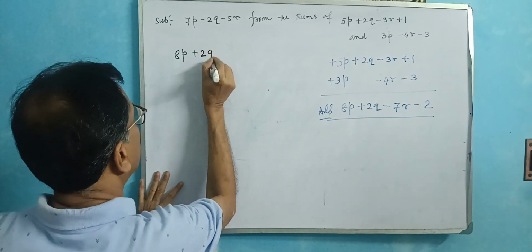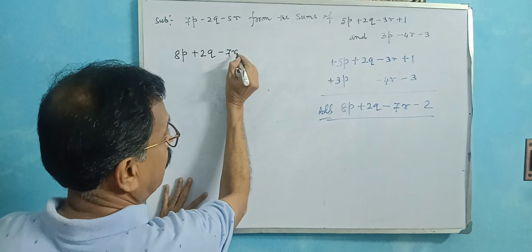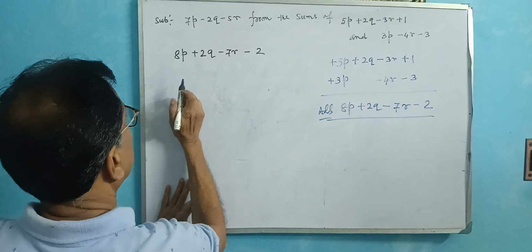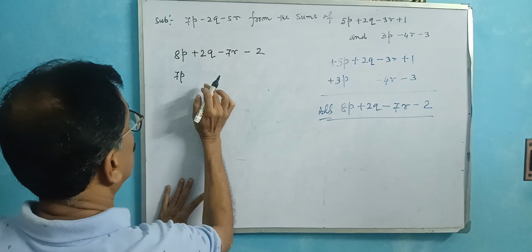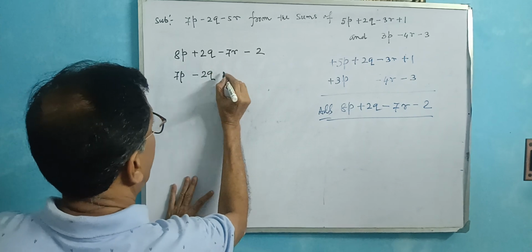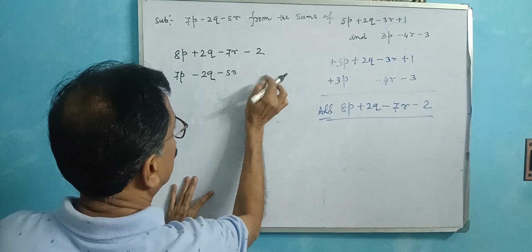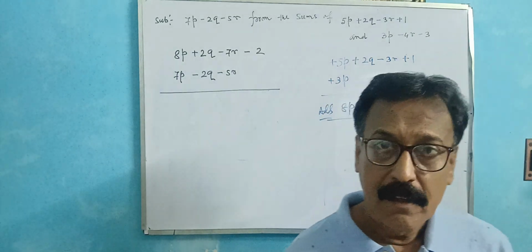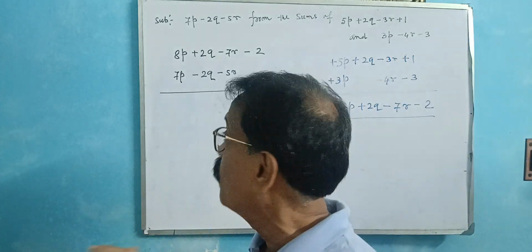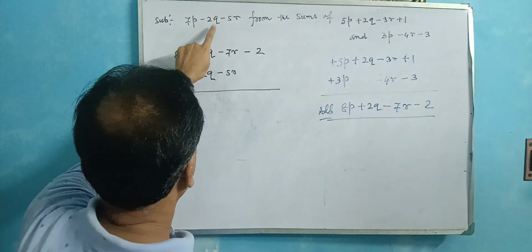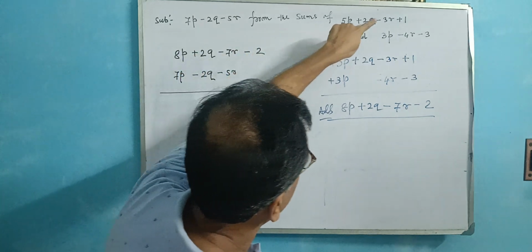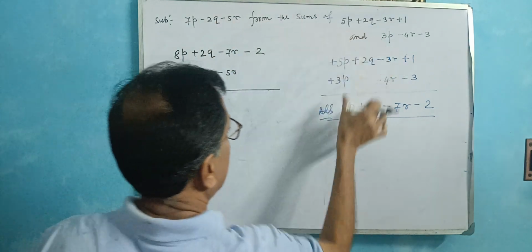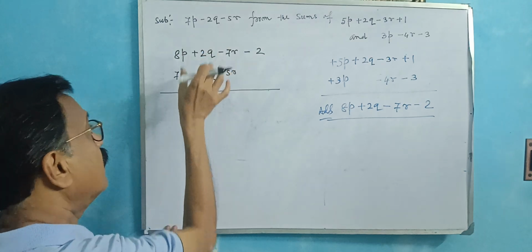plus 2q minus 7r minus 2, এটাকে উপরে। সাব, এই পার্টটাকে সাব করতে হবে 7p, তাহলে p এর নিচে 7p, this is 2q minus 2q minus 5r. Clear. Okay, don't panic, don't be happy, তাড়াতাড়ি করো, জিনিসটা বুঝো ভালো। সাব দিস, এটাকে সাব করতে বলছে, দিস দ্য লোয়ার পার্ট ফ্রম দ্য সাম অফ দিস এন্ড দিস। এই দুটোকে আগে অ্যাড করে নিয়েছি। ফার্স্ট ইউ অ্যাড ইট, দিস দ্য পার্ট। সো ফ্রম দ্য সাম অফ, তো ফ্রমটাকে আমি উপরে রেখেছি ফার্স্ট, আপার পার্ট, অ্যান্ড সাবস্ট্রাক্ট